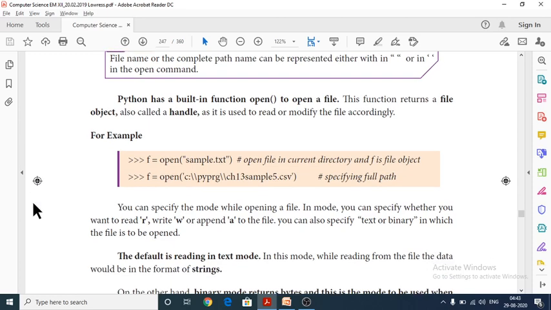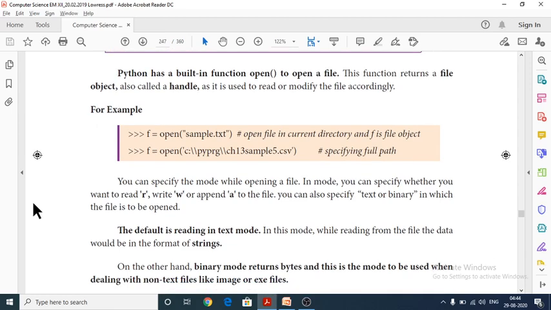The default is reading in text mode. In this mode, while reading from the file, the data would be in the format of strings. In a CSV file, the default mode is text mode. In that text mode, the default is reading mode, not writing mode.